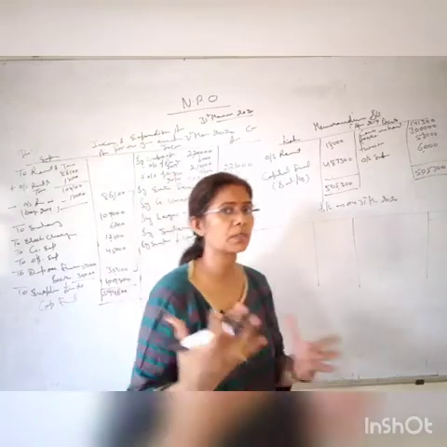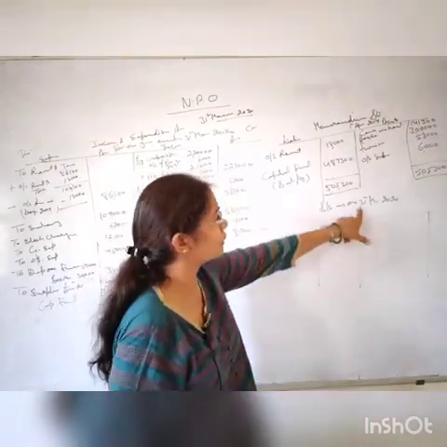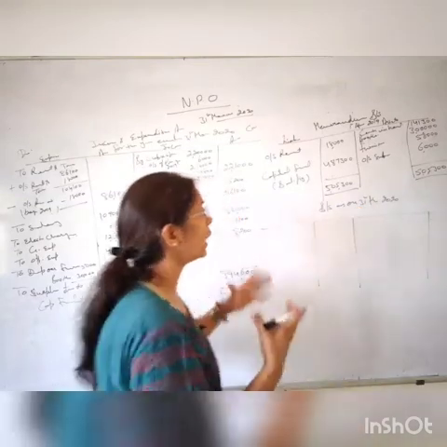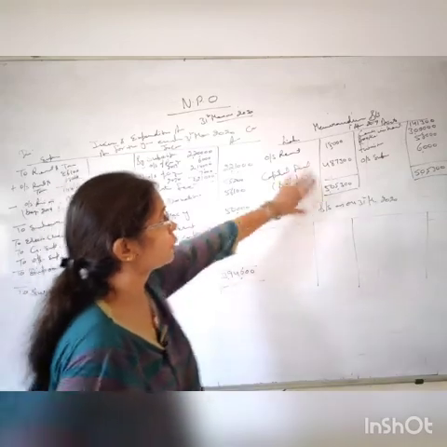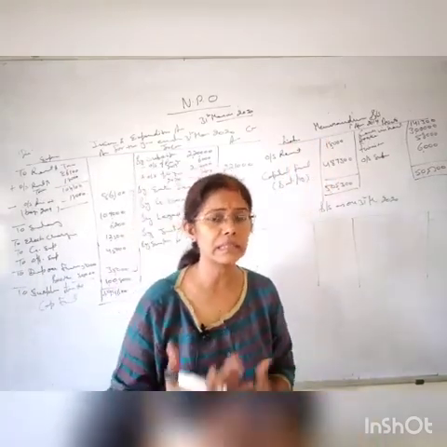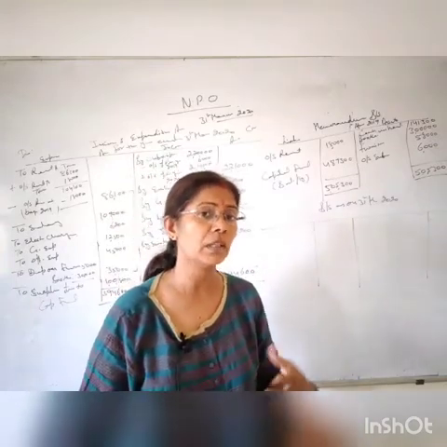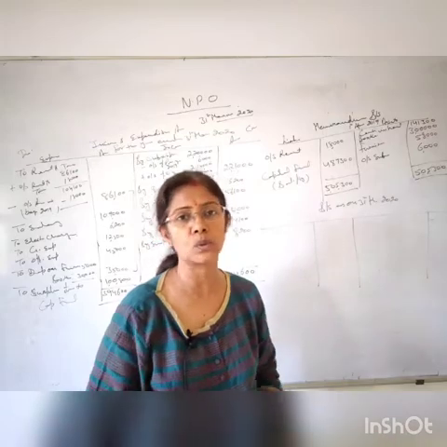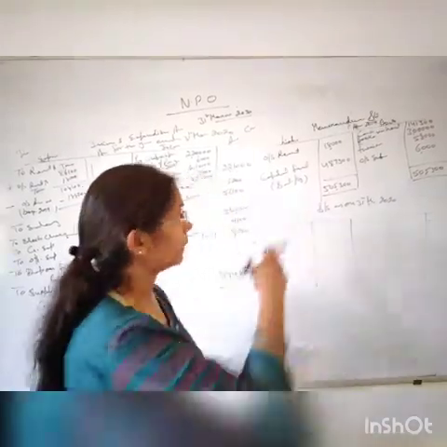So students, some disturbance was there. So we were talking about the balance sheet of the current year, and how to prepare it. This we prepare with the help of your previous year's balance sheet and receipt and payment account, because in the receipt and payment certain items are given, some assets which we have purchased or maybe we have sold, okay. So we take the help of the receipt and payment and this one.